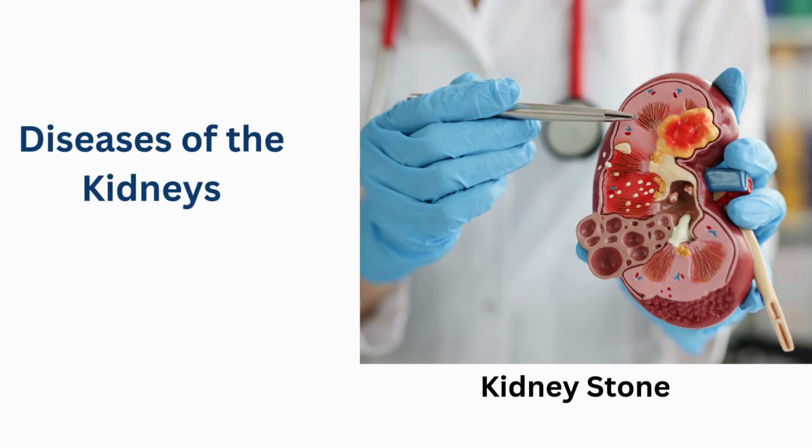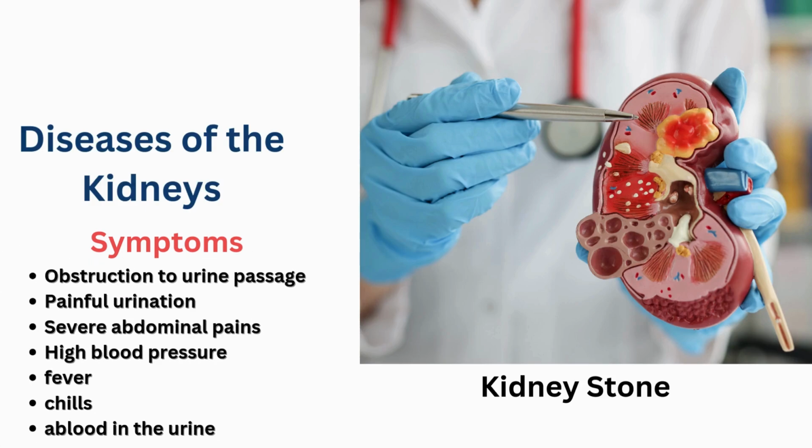Diseases of the kidney. Kidney stones. Kidney stones is caused by some diseased outgrowth within the tubules. This diseased outgrowth may narrow urine passage, thus reducing free flow of urine. In most cases, the diseased outgrowth may block the urine passage, making the removal of urine extremely difficult. The effects of these kidney stones include obstruction to the passage of urine,